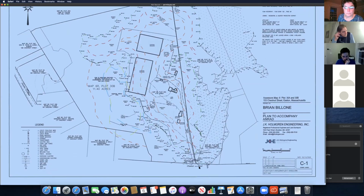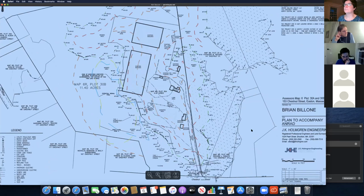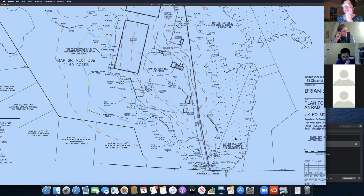So starting at Chestnut Street down the bottom of the page, I'm going to blow this up a little bit for us. So we're driving down this driveway here. I'm going to skip over the wetlands for right now, just bringing down the site features. And as you're driving down this relatively straight driveway, you'll see two buildings on the left-hand side here